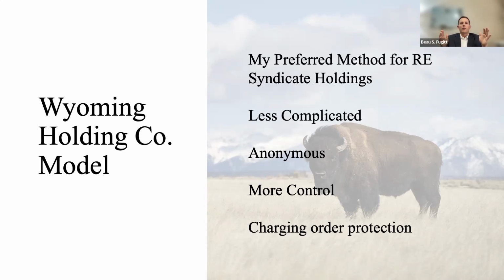And if I see it's a Wyoming LLC, number one, it's going to be hard to find out who even owns it. Number two, in Wyoming, the exclusive remedy that a judgment creditor can get against a Wyoming LLC is that charging order. In other states, the remedy might be that they could actually foreclose, right? They can make you sell the LLC or the membership interest or the assets in the LLC.